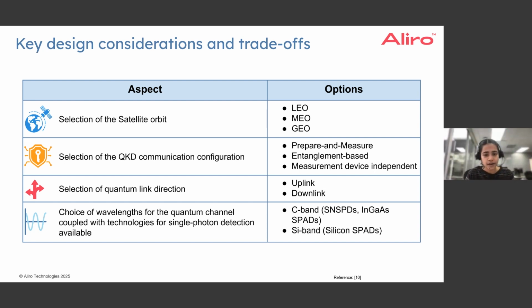Are we going to go for C-band or the telecommunication band for the quantum link? Are we going to pick the 780 nanometer or the silicon band? These are some other hardware related constraints that also depend on these higher level orbital selection and QKD configuration. Based on all of these, we can design the lower level aspects and design parameters regarding link direction and wavelengths. There are more to be discussed here. These are some samples that we have picked here so that we can give an example of how we can go about coming from the higher level design features to the more lower level design features and understanding the trade-offs